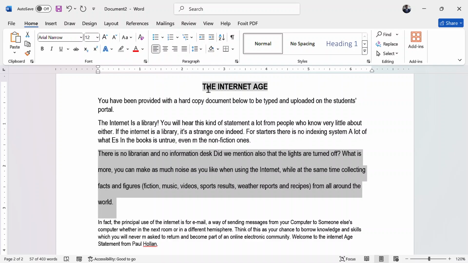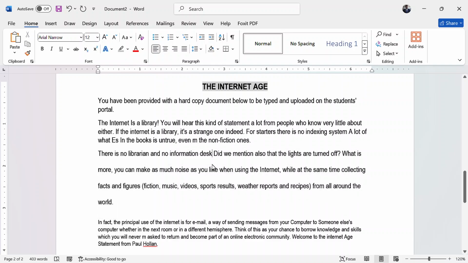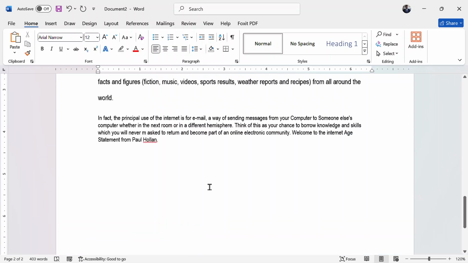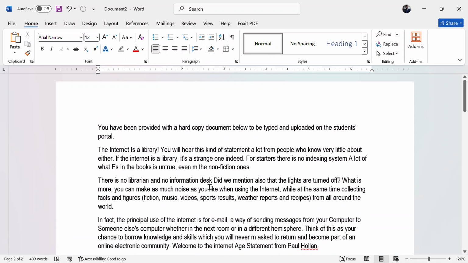We have what we call orientation. What is orientation? Orientation is the way the page looks. For example, we have two kinds of orientation of our pages. When the page is standing upright, in simple terms, when the width is smaller than the height, that one is portrait. And when the width is greater than the height, that one is landscape.